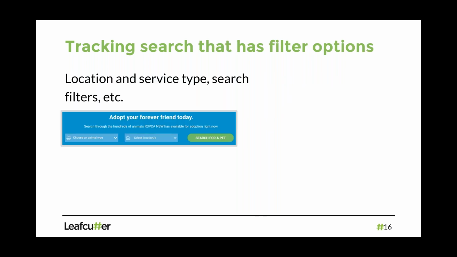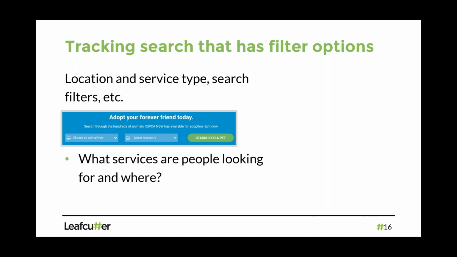All right, another one, searching. And by the way, I'm just running through these examples, and I'll explain more of the how, and that comes with the guide as well. On some websites, simple search might just be a text search only, and that's relatively easy for us to track. Other websites might have some sort of filtering or selection option, and that could be searching about the content of your website. It might be a particular service that you offer, or if you have an online store, you might have searching and filtering through there.